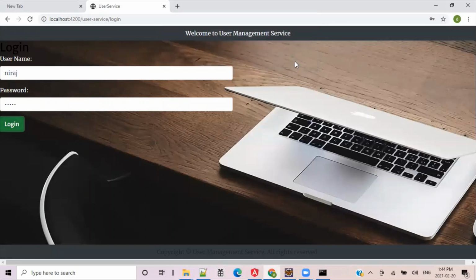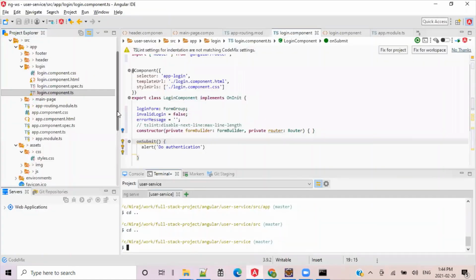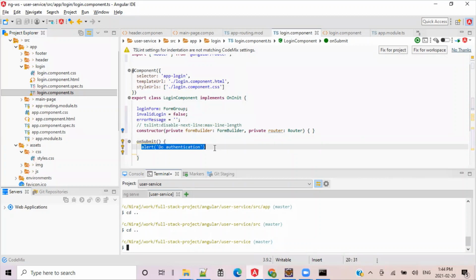So in this lecture we are going to create a service on the Angular side. We'll create a service and that service will make the call to the Spring Boot REST service for the authentication. Okay, so let me go to the Angular IDE here and then we'll change this thing with the actual code. So let me first create a service that will do the authentication, that will call the Spring Boot REST